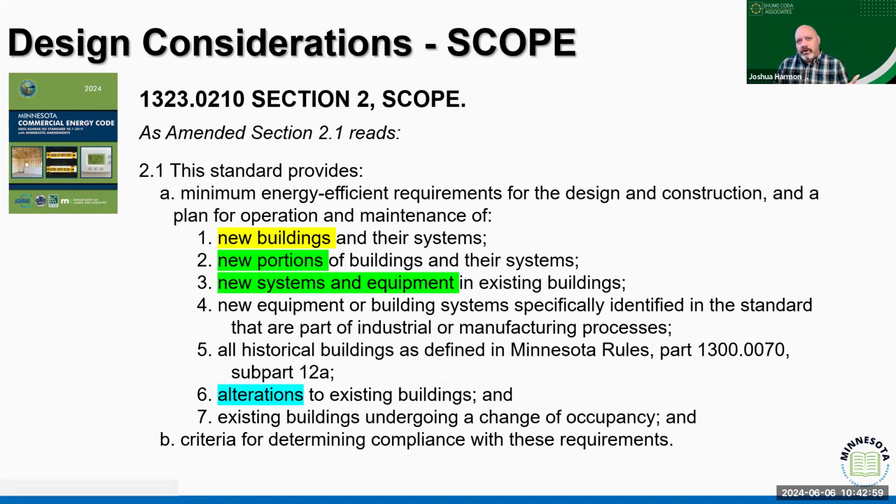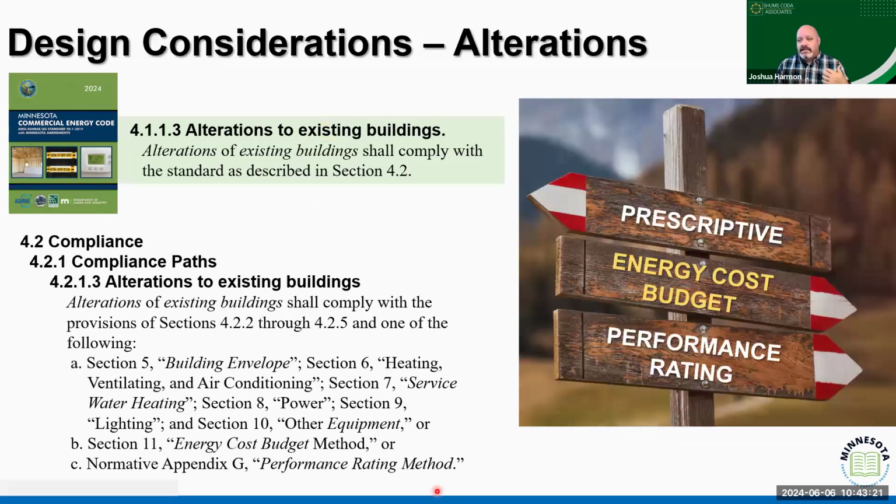When we talk about some of our in-person trainings, if you're thinking about attending some of those, one of the key concepts we hit in a lot of our trainings is going to be compliance path identification. Because when we understand the compliance path, then we can better isolate and determine what it is that we're actually looking for as far as considerations. So again, we're looking at those concepts of: is this prescriptive? Is this going to be an energy cost analysis that we're looking for? And are we going to be looking at different performance measures and criteria?